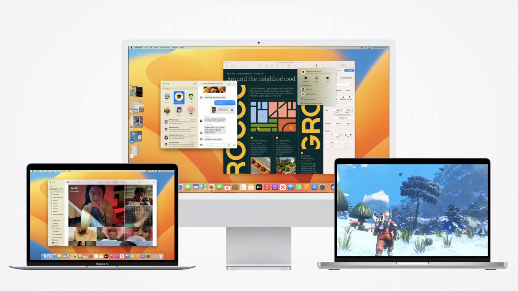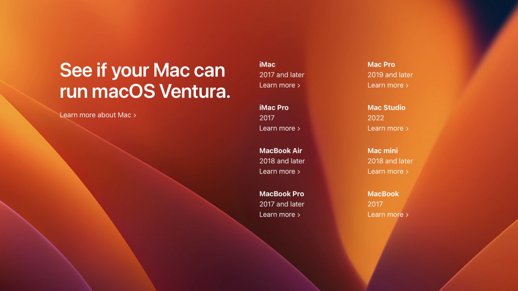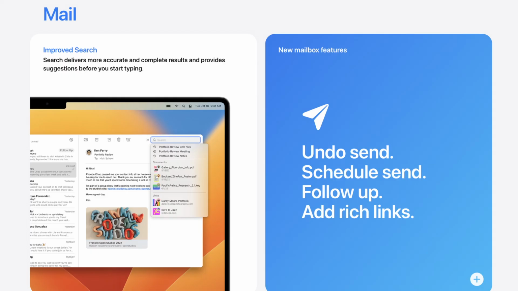macOS 13 Ventura is out right now. It's available on the 2017 MacBook Pro and later, the 2017 MacBook and later, the 2018 MacBook Air and later, the 2018 Mac Mini and later, the 2017 iMac and later, the iMac Pro, the Mac Studio, and the 2019 Mac Pro. First, the Mail app now has improved search, undo send, schedule send, follow-up, and it now has the